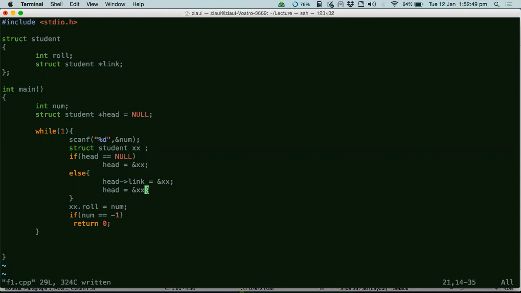What do you mean by last line? This line. Dude, if you make head equal to null, then what will happen? We have put everything up for a toss, right? Then head is not pointing to anything. How would you link, in the third iteration, when a new node gets created, with whose link will you link this now? Using whose link?